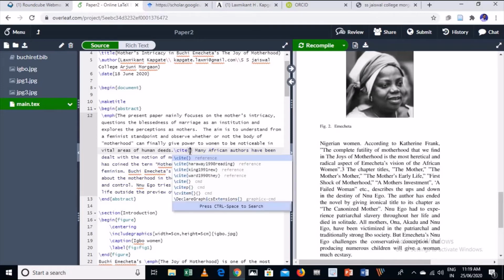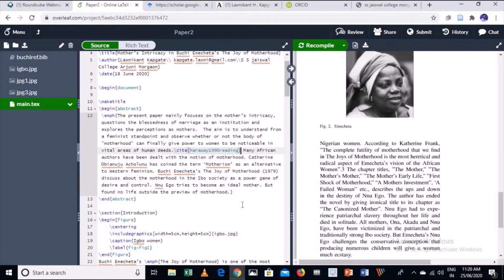Automatically this tag will appear, and you can see the three references I copied from Google Scholar are all automatically detected. You must remember which article you are going to cite here. The first article I am going to cite is the first one, Harvey 1990. Now when you cite like this and recompile the page, you will see the result.